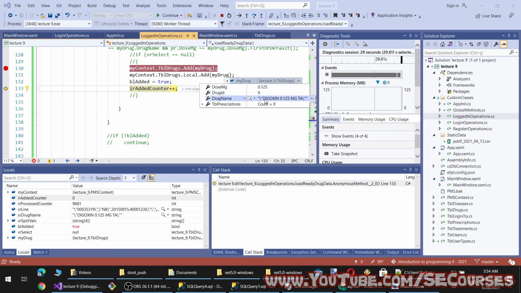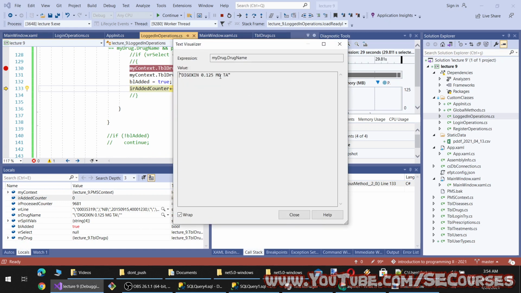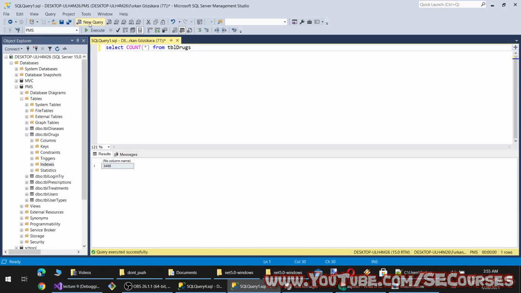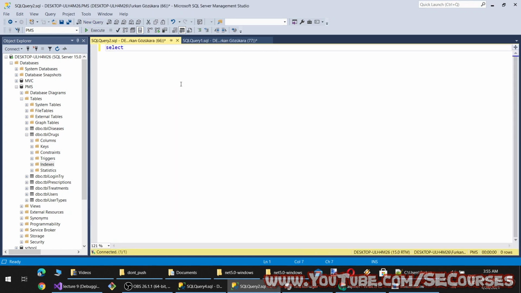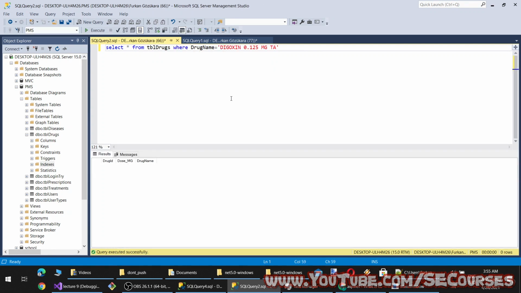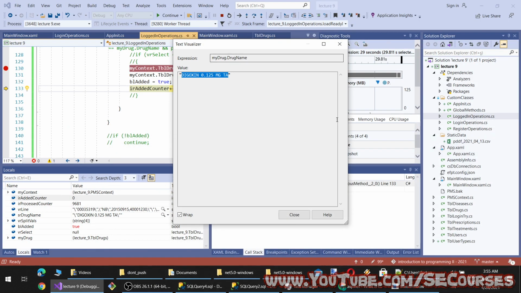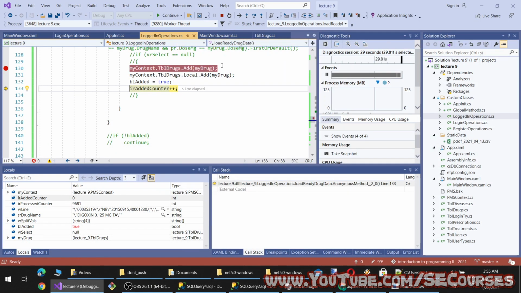So in here, this is its name. Maybe there is a case sensitivity problem. Oh no, this doesn't exist yet. Okay, let's continue.